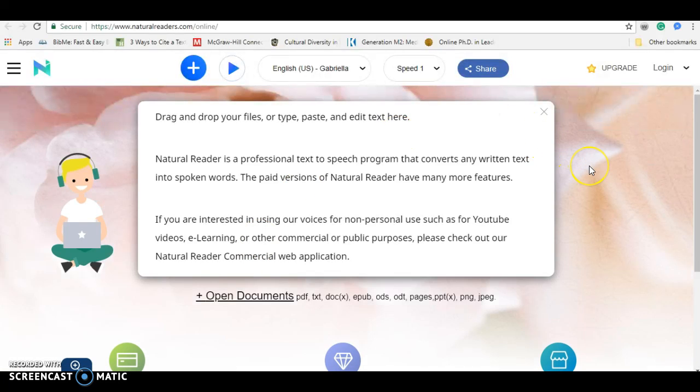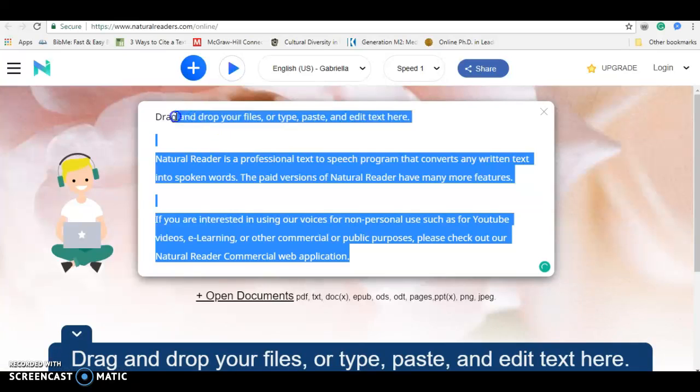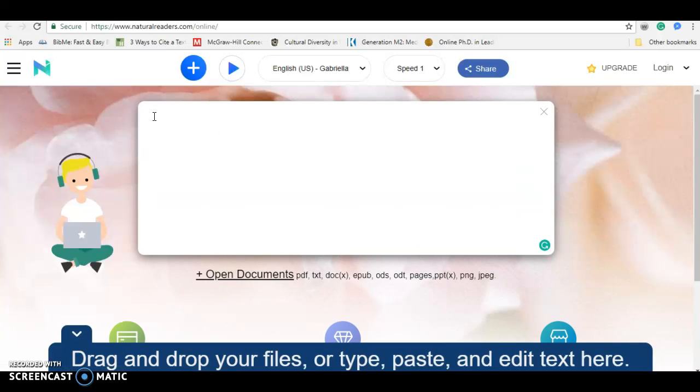Okay, and then this is basically what it looks like. In order to get the effects of what it is, you would press play. And drag and drop your files or type, paste, and edit text here. It will read whatever text is there. So it's going to read throughout here, read here. You can delete this and type in your own thing, saying